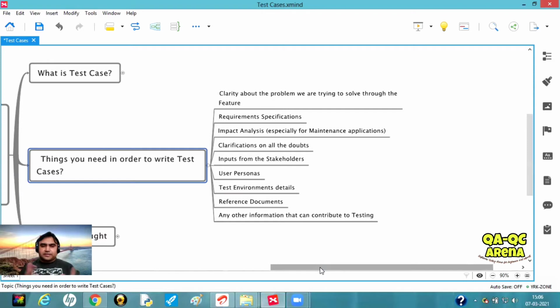Now moving on to the next thing, which also plays a critical role: requirement specifications. Now there are two things here. First question that one could ask: do we really need requirement documents, the rigorous structured requirement documents, in order to write test cases? The short answer is no, and the long answer is yes. Now, what do I mean by short answer no and long answer yes? The no means it's a quick answer.